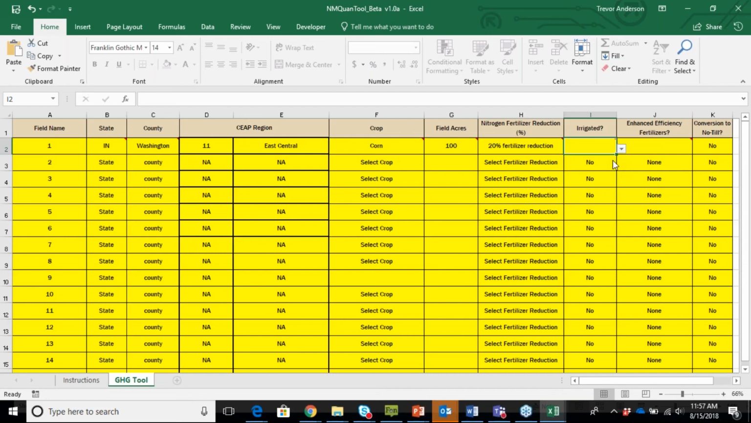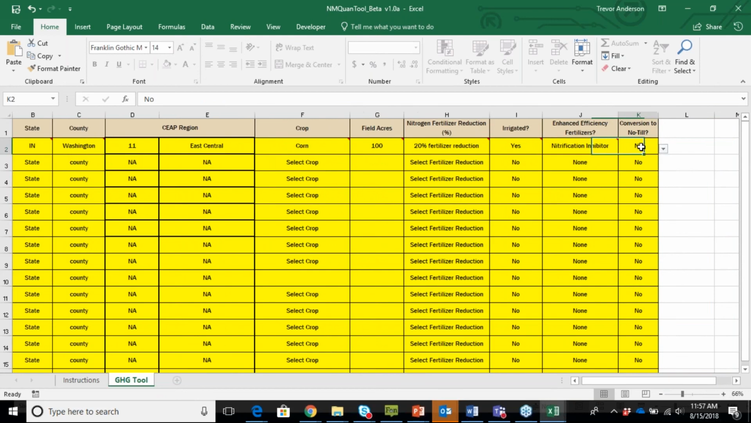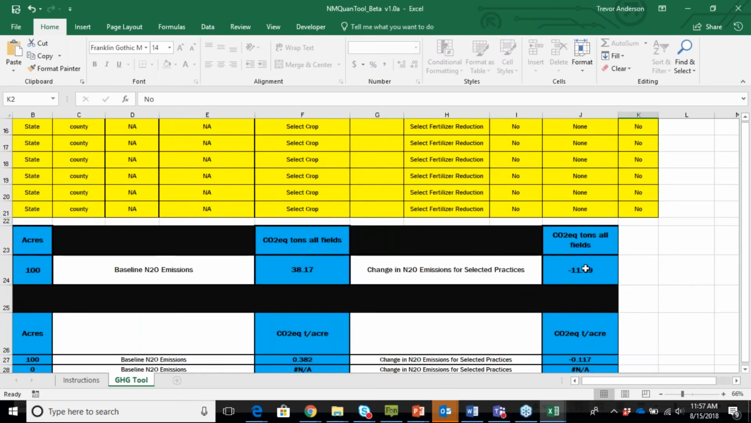Was it irrigated? Yes or no? Say yes. An enhanced efficiency fertilizer. Let's say a nitrification inhibitor was applied. Great. And then, for simplicity here, was there a conversion to no-till? That will function as a yes or no question, and we'll say no, so that means they are still implementing tillage. And we can see then at the bottom the results that